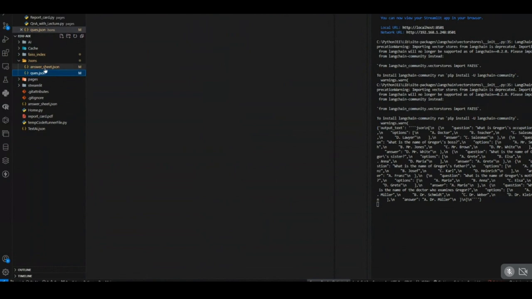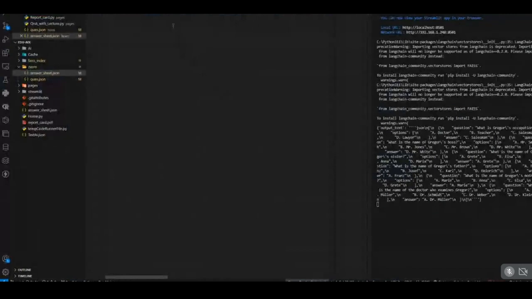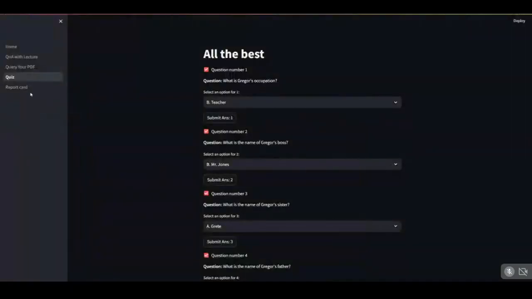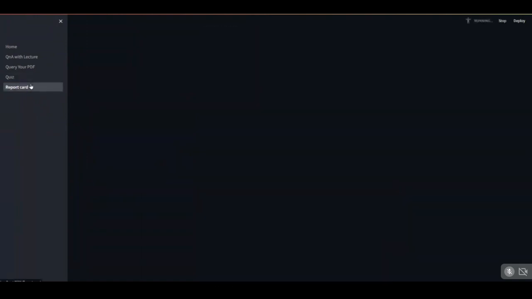And at the same time, this is the answer sheet, like what I have submitted. So you can see I had chosen option B, teacher. So it has recorded my answer, and that too for question number 1. Like it's the array indexing, and it has recorded the time. Similarly, it has done so for all the other questions. So to get the report card of this, I simply have to click on this button,